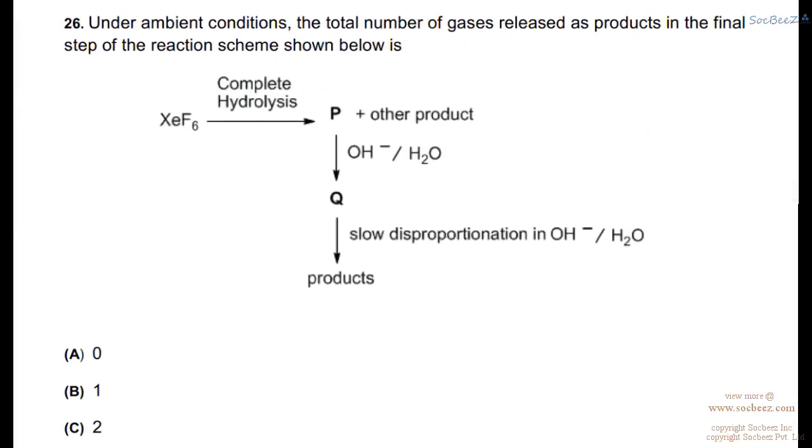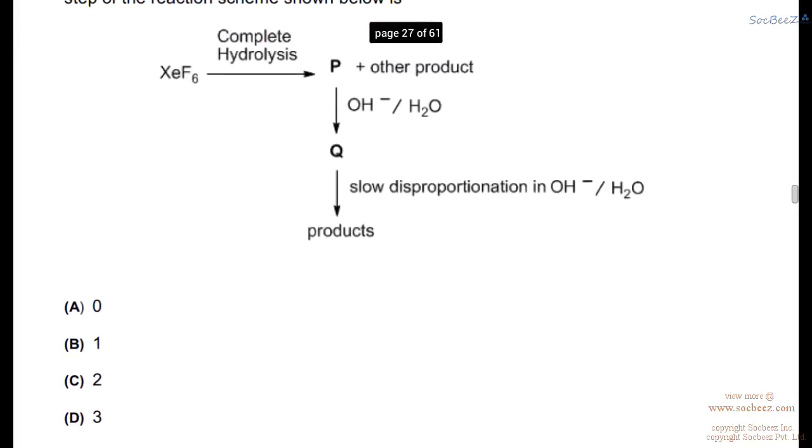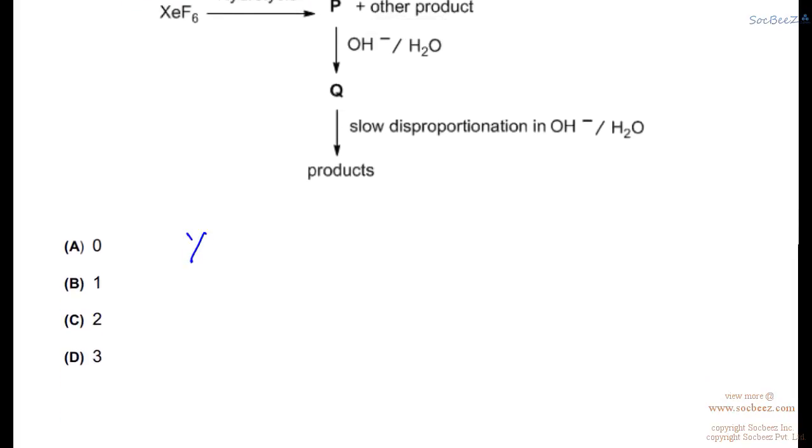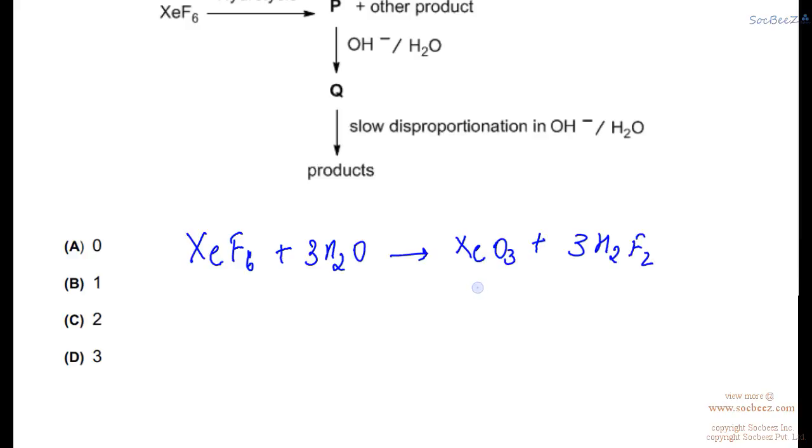Question is, under ambient conditions, the total number of gases released as products in the final step of the reaction scheme shown below is. This is the reaction scheme given to us. And then okay, so if we draw the particular reaction here, the reaction will look something like this: XeF6 plus 3H2O gives XeO3 plus 3H2F2. Now further it undergoes reaction with OH negative and it gives